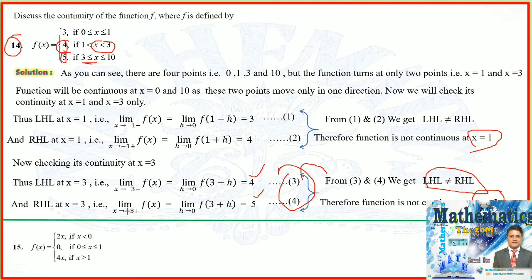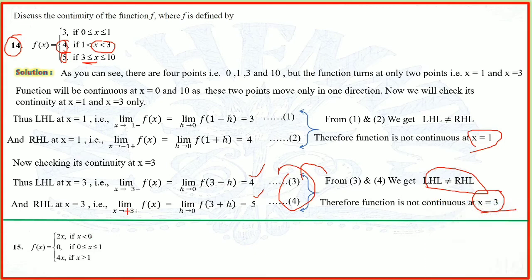Now question number 15 is also a similar question that you will be solving. Just let me give you some hints. Here we have x is less than 0 and x is greater than 0. That means 0 will be included as a turning point, because here we have two loops. When x is less than 0, the function's value is 2x, and when x is greater than 0, the function's value is 0. And the other point is x is less than 1 and x is greater than 1.